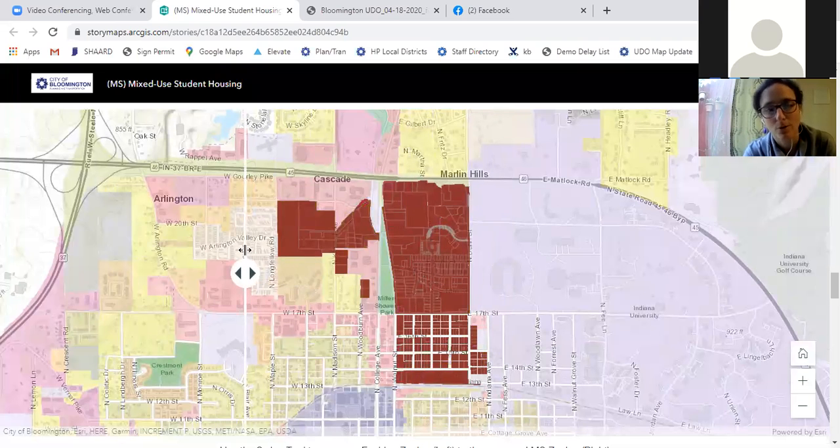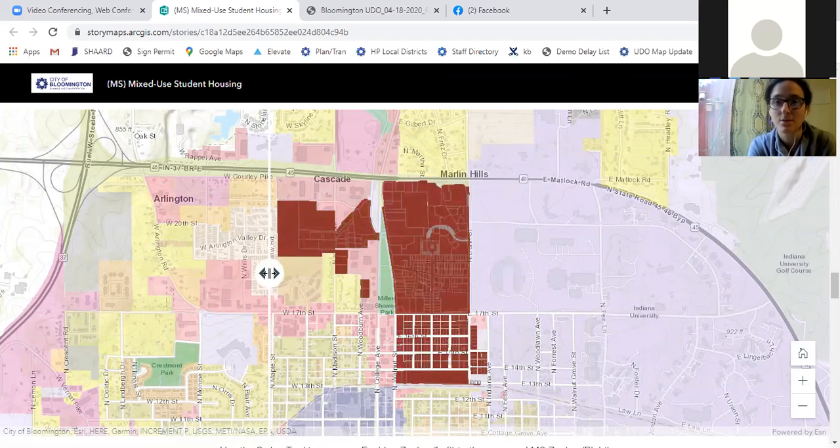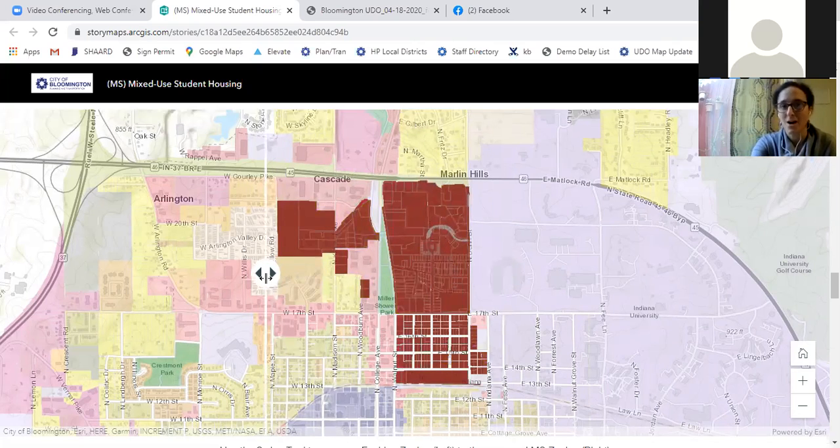And then we are proposing to rezone those to mixed use student housing. Many of the uses that exist in these current 4 or 5 zoning districts also exist in the mixed use student housing. So making the change does not turn those lawful non-conforming. They still are permitted uses and can be expanded and all those types of things that are sometimes a concern when zoning changes. This change just allows for the student housing use to be an option in these areas.